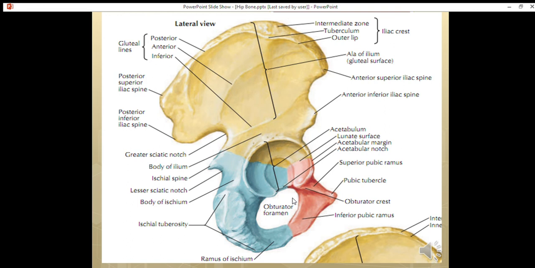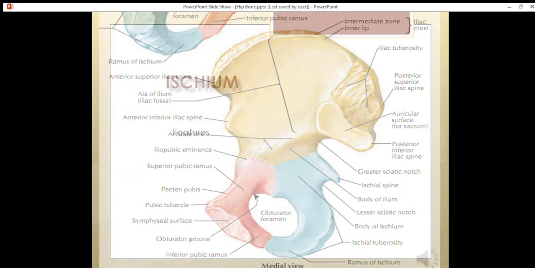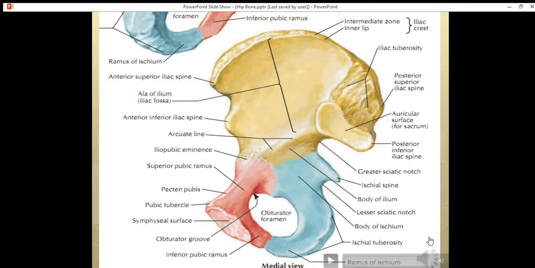We can see the superior surface of the body, which is continuous with the superior pubic ramus. We can also see the outer lateral surface of the body. On the outer surface, we had seen the superior surface and the lateral surface. Now, on this view, we can see the pelvic surface, which is the inner surface of the body,